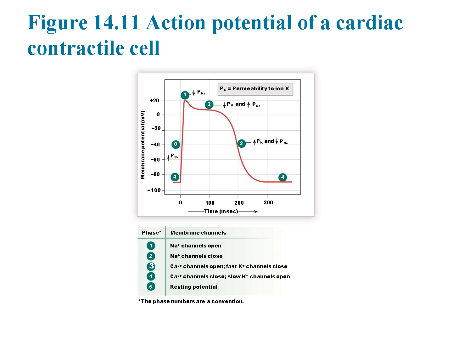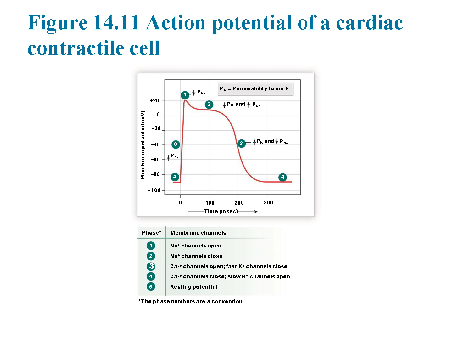This graph illustrates the different phases of the action potential, along with the corresponding ion channel activity. The process begins with phase 0, where sodium channels open, allowing a rapid influx of sodium ions into the cell. This causes a sharp depolarization, bringing the membrane potential to a more positive value. In phase 1, sodium channels close, and a brief repolarization occurs as fast potassium channels open, allowing potassium to exit